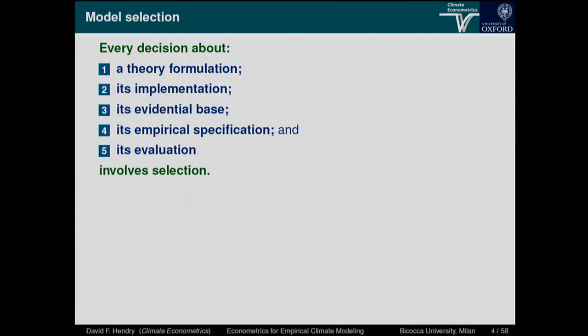How do you even get the data on it, which is its evidential basis? And then there's empirical specification, which can differ yet again. You think you've got a lovely theory model, you need 1 lag, and then you discover you need 8 lags or something. And then it's evaluation. What methods do you use to evaluate it? What tests do you use? These are all selection issues. And they all matter because the outcome will depend on what decisions you made at every stage.